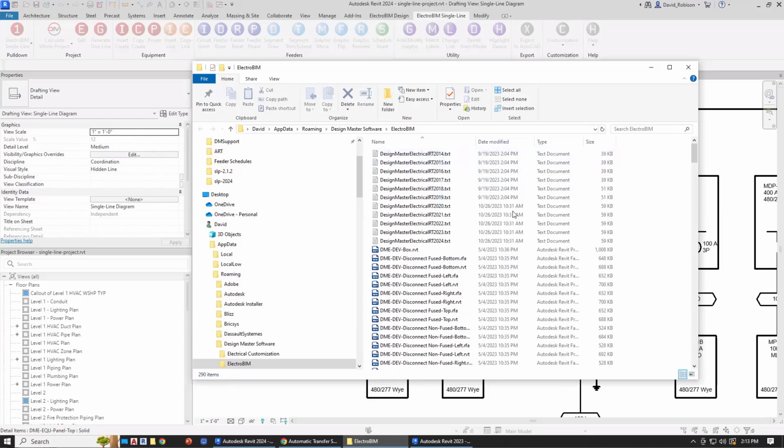So that will get you to the folder and let you start working in the files when you're working on them. All of the files that we ship with our software by default are Revit 2018 version. When you open up a project that's not 2018 and you start using them, we will convert them and cache them to the latest Revit version. So we're not doing that conversion all the time. That way you can work on any projects from 2018 forward, because as soon as it's a newer version, you